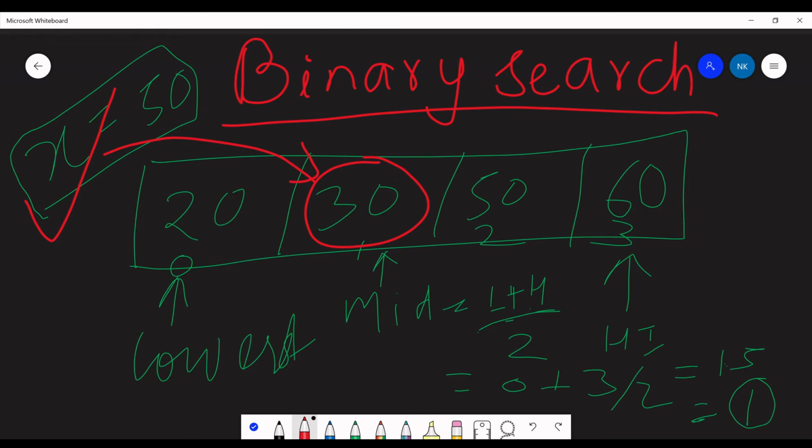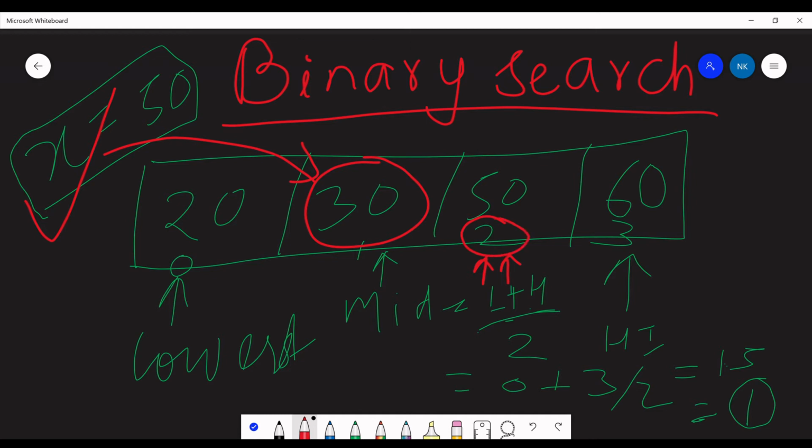If the value is not at mid and it is greater than the mid, we update the lowest index to mid plus 1, and the highest index stays at the same position. Now we check the index: 2 plus 3 divided by 2 is 2.5, so 2 is the mid, pointing to index number 2.